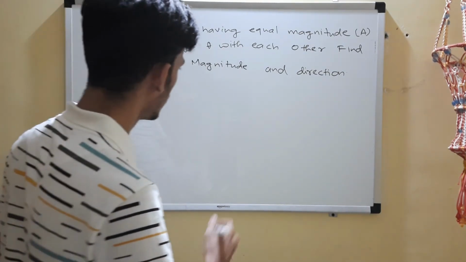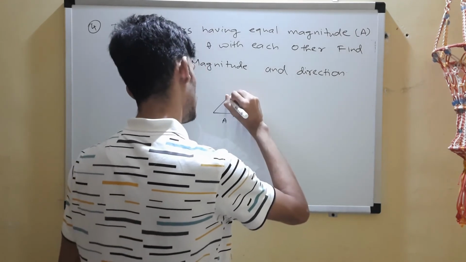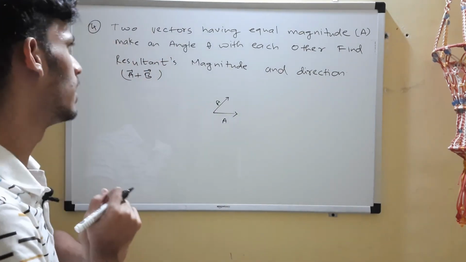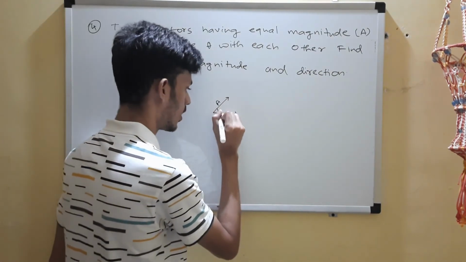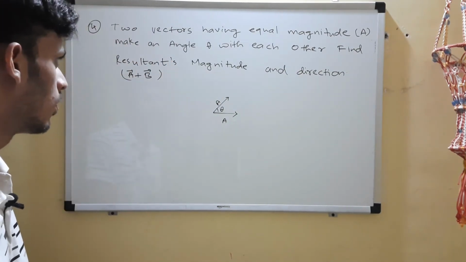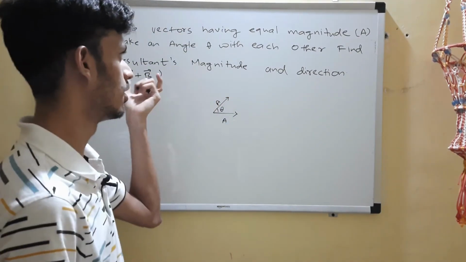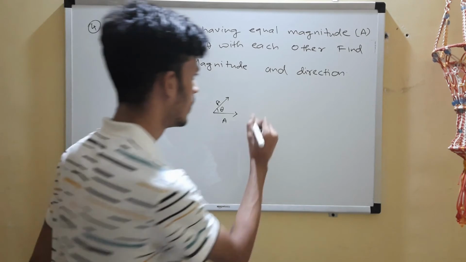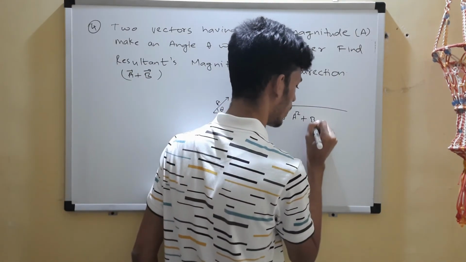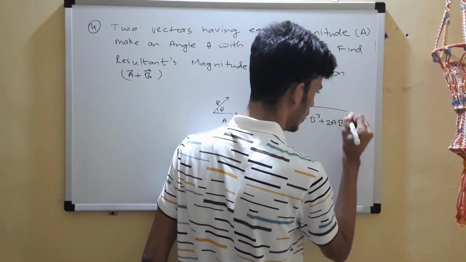So the case is that we have two vectors. Suppose this is one, a, and this is another. Both of them have the same magnitude, though the direction may be different. Now they are inclined at an angle theta. What do we have to do? We have to find the magnitude of the resultant addition. So we'll use the formula. What is the big deal in that? So a square plus b square, and so on. They just want us to generalize a result, with cos theta.